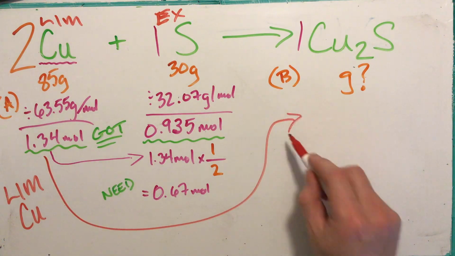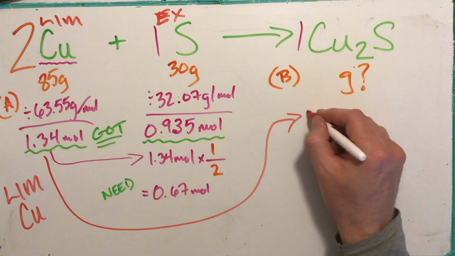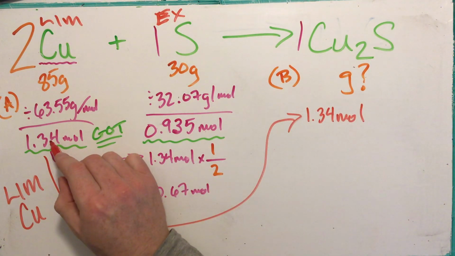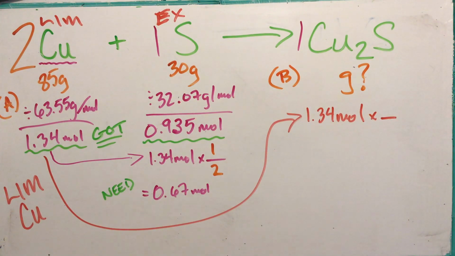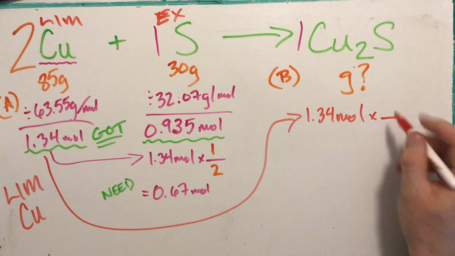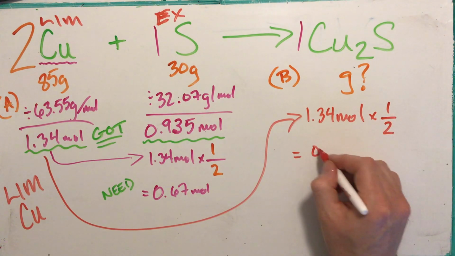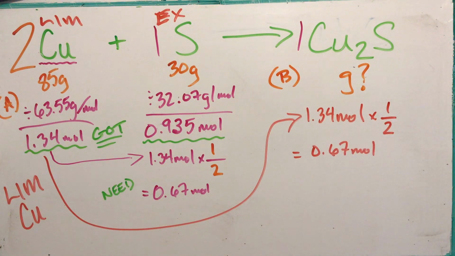I'll do that in red. I use my limiting reagent because this is the one that's going to run out first, like our bread in the previous example. So I bring that over. 1.34 moles is what I have. And I multiply it by the mole ratio. The mole ratio is 1/2. And that is 0.67 moles